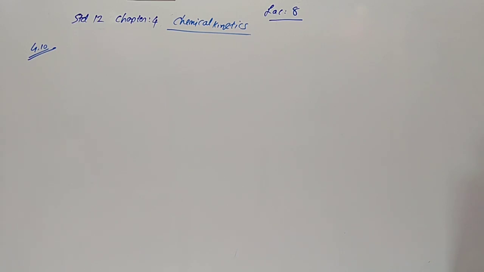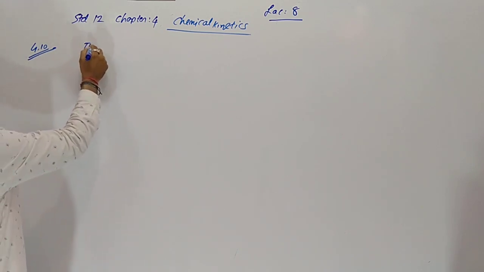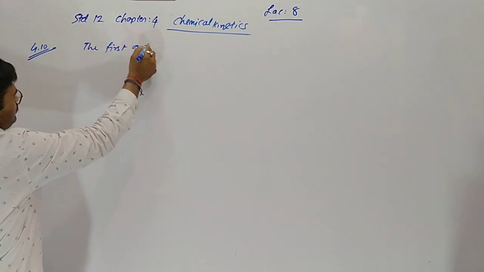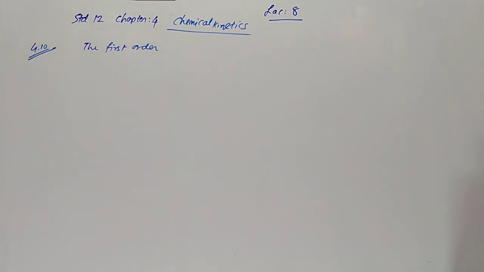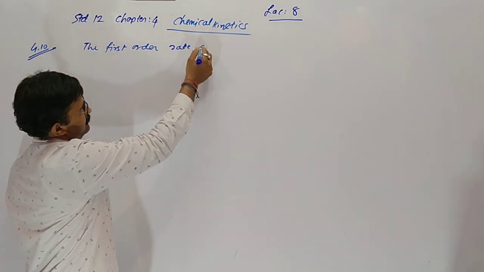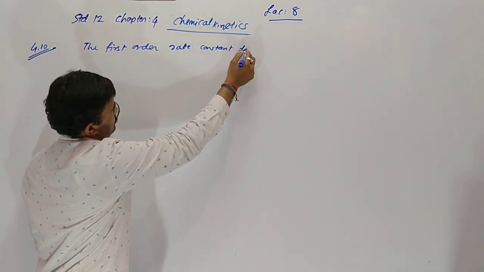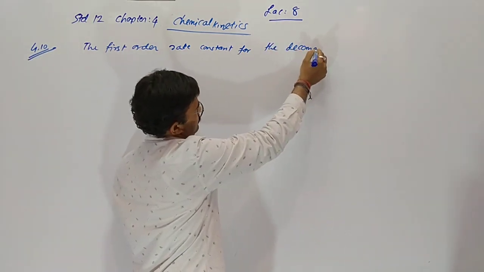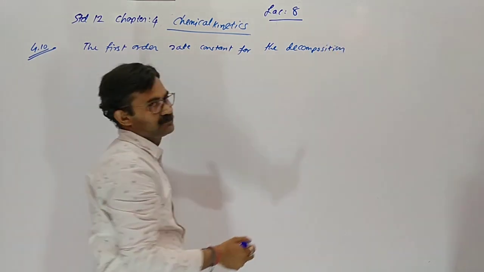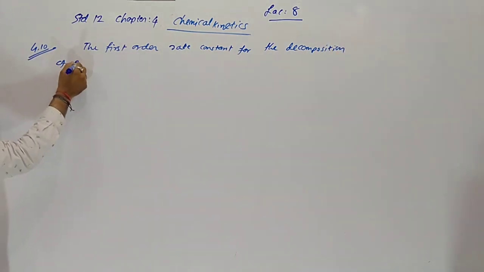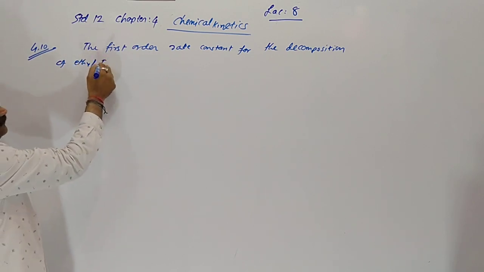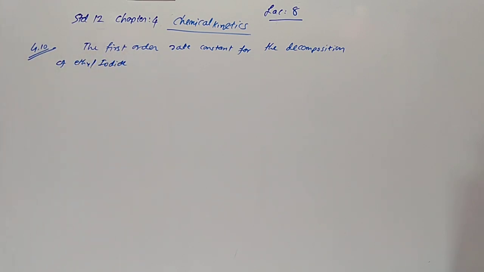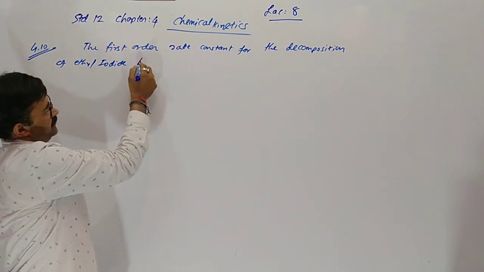The first order rate constant for the decomposition of ethyl iodide by the reaction